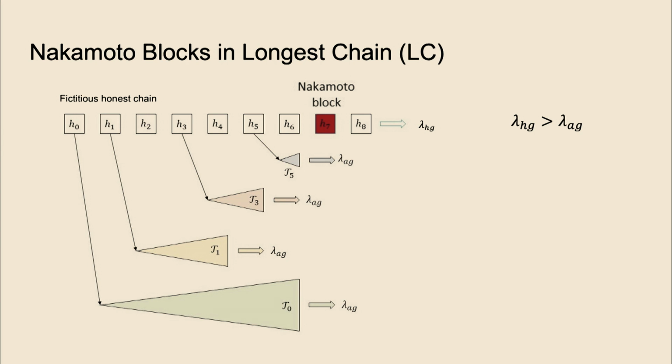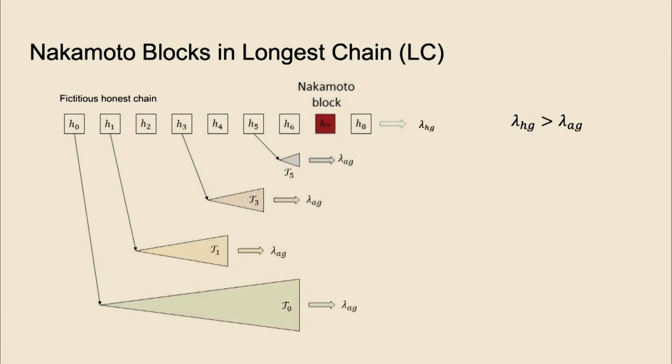So here we have reduced all possible attacks into multiple races between the honest chain and the adversarial block trees. Since we have a race, we care about the speed of each player in this race. Let me introduce some notation: let HG be the growth rate of this fictitious honest chain, and AG be the growth rate of each of the adversarial block trees. What we proved in this previous paper is that as long as HG is larger than AG, meaning that the fictitious honest chain grows faster than any of these adversarial block trees,